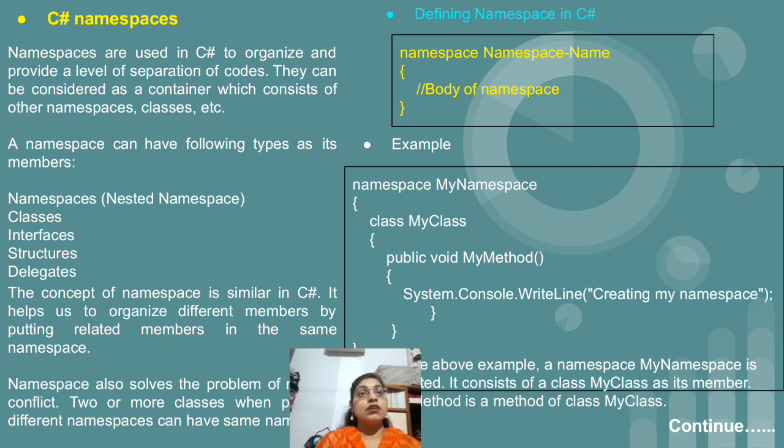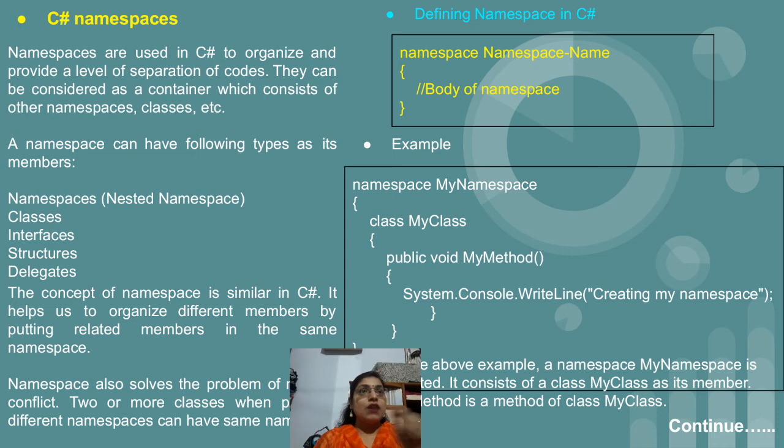In the same program we cannot write class A, class A. So we have one solution for the same: create one class A in one namespace, A1, and again have the same class A in namespace A2, like that. So we can create two namespaces which can have the same class with the same name.